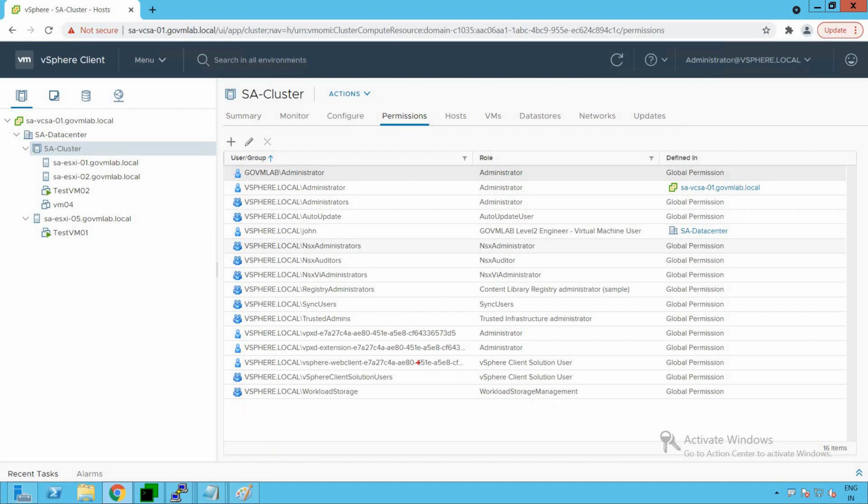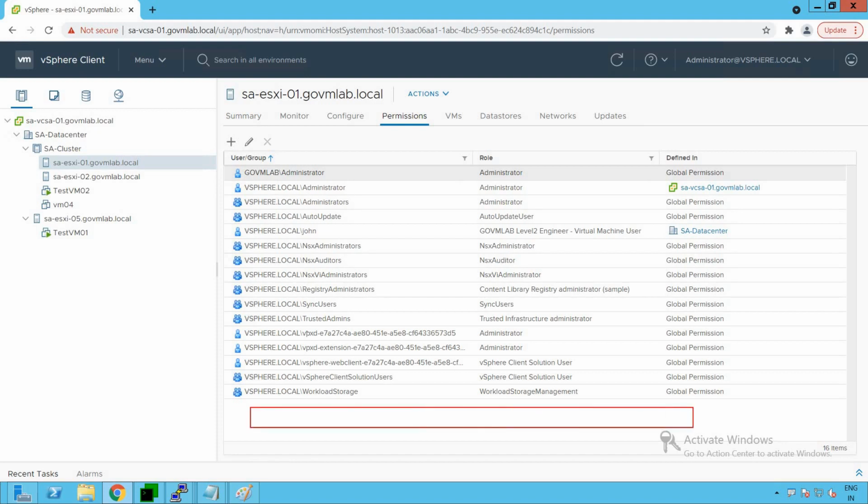You click on the host also, and we don't see any Smith user at the host level either, which clearly proves that if we select the propagate to children option, then only the same permission will be pushed to all the child objects of that parent object where we have created this permission. So now let's validate the permission of the John user and see what all operations it can do.